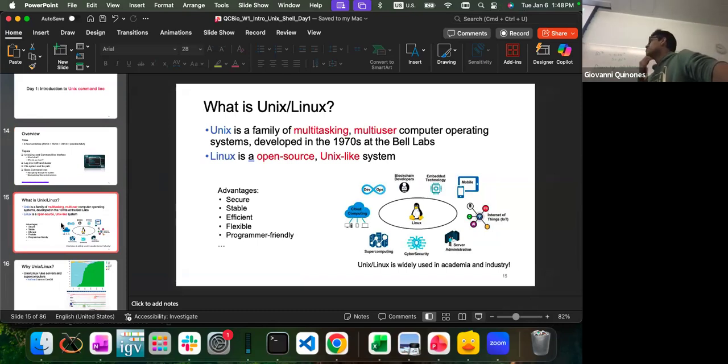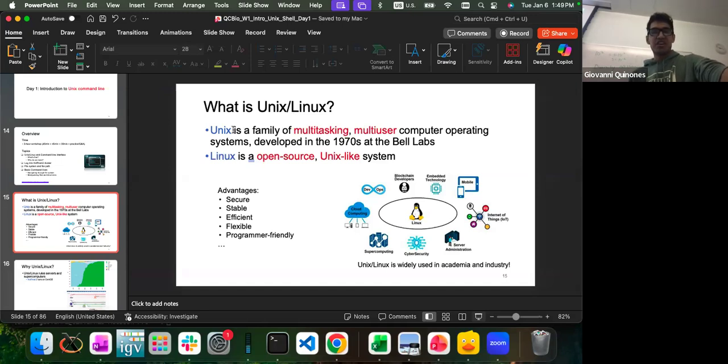So what is Unix or Linux? We're going to start with some theory on this. Does anybody know the difference between Unix and Linux? Or are they the same thing? So Linux is a Unix-based operating system. It's called Linux because I think the guy that created it was called like Linus something.